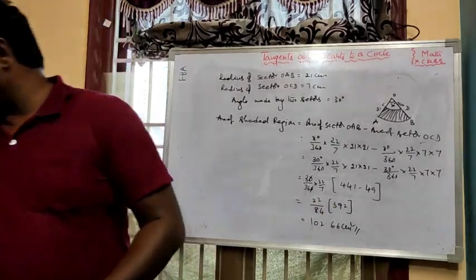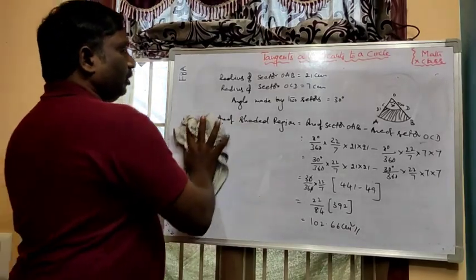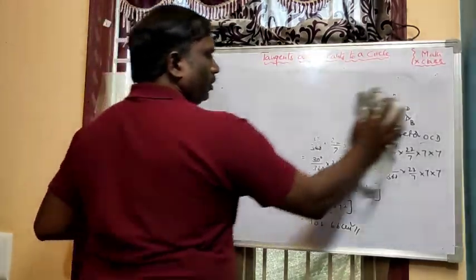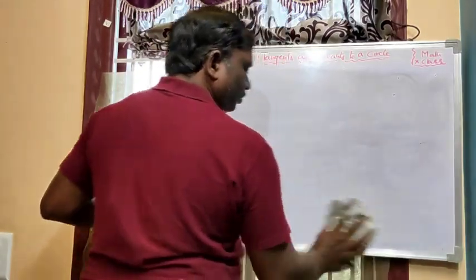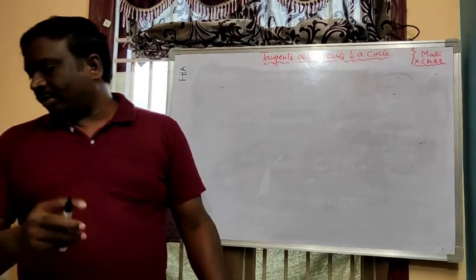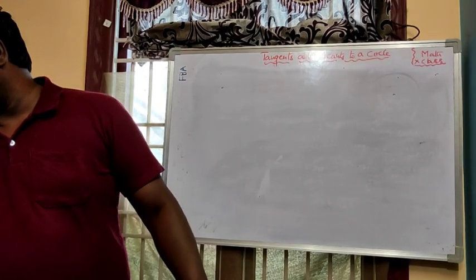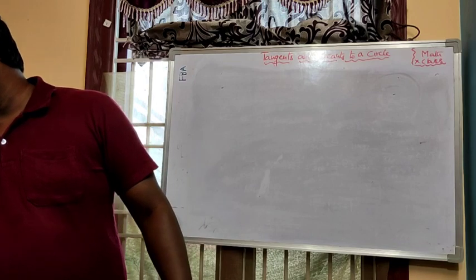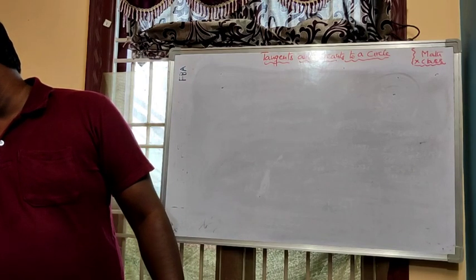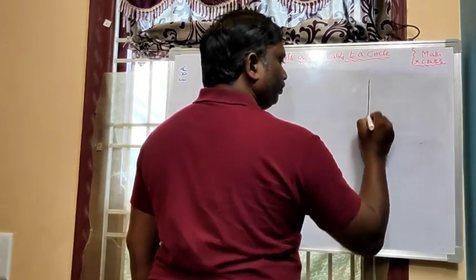So the last question, I'll give the explanation only for that last question. The remaining you can do as the solution. If you understand the diagram where we have to find, then you can easily identify. Calculate the area of the designed region figure common between the two quadrants of the circle of radius 10 centimeter each. They already gave the diagram.